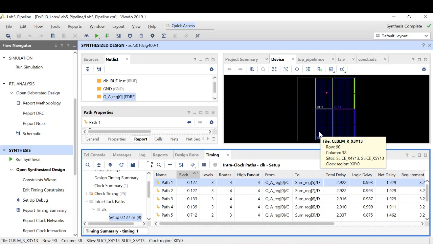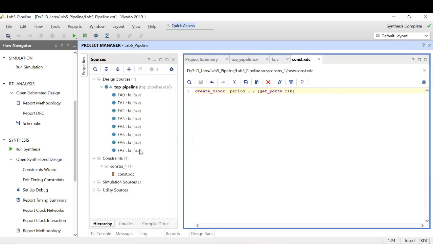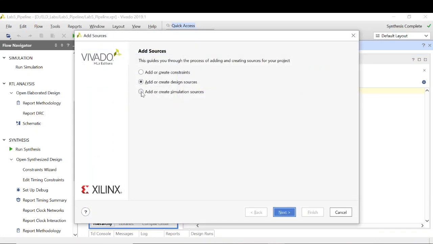Now let's move on to design 2 and add some pipelining in the critical path, or we can say some cut sets in the critical path, and then we will look at how the clock period changes, right? One more thing we can do with this design is check the simulation waveform and see after how many clock cycles I'm getting the output. Ideally I should get the output after 1 clock cycle. Now let's also confirm this with the test bench. I can use the test bench which I used in lab 2 after making a few changes.